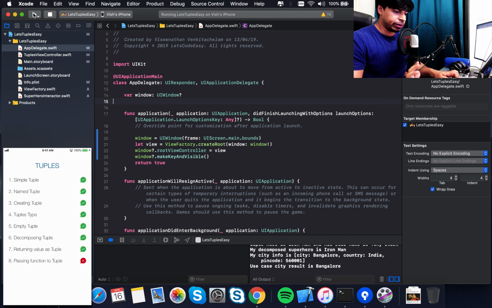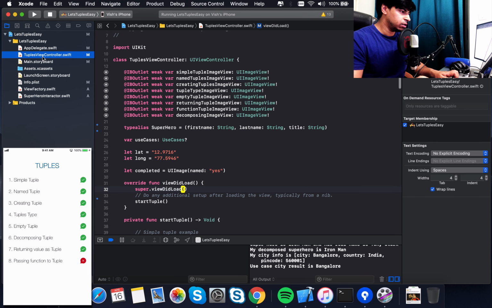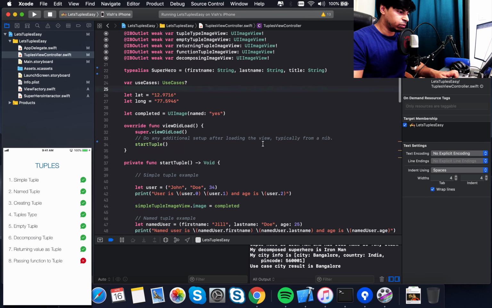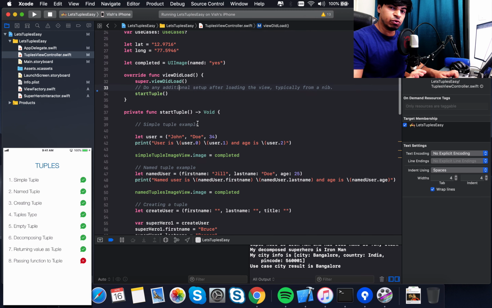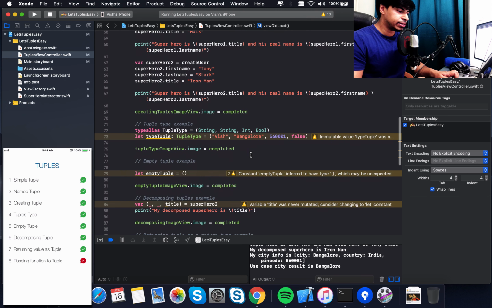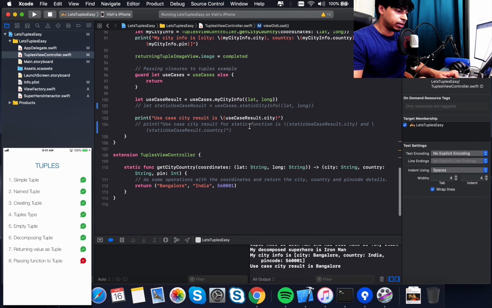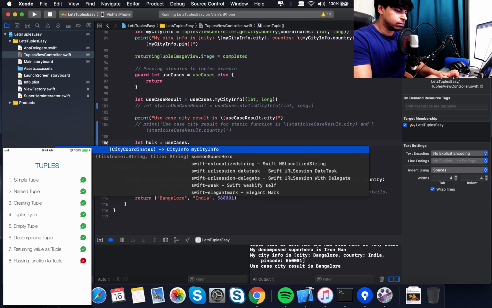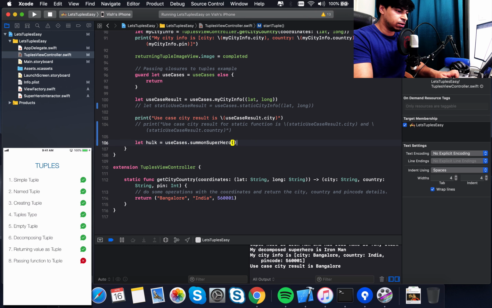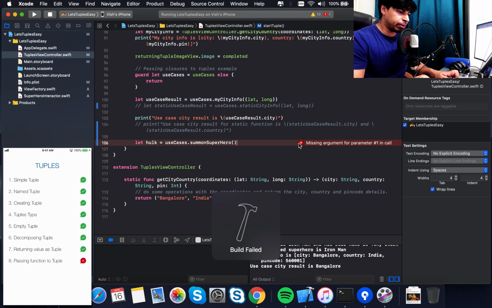It's running, it's showing, but still we have not called that function. So let's just go back to the view controller. So whatever we externalized, we were having the use case instantiation here, we just moved it external. And let's just call now at the end somewhere here, let's just call Hulk first. So I have the use cases. So it's giving you that summon superhero function. All that you need to do is pass the parameter